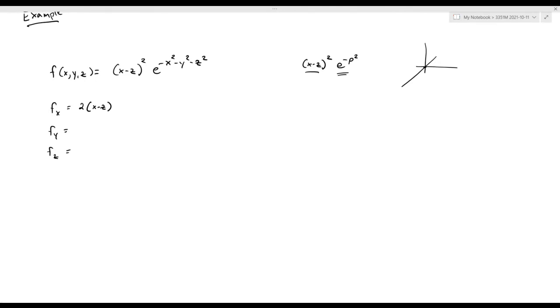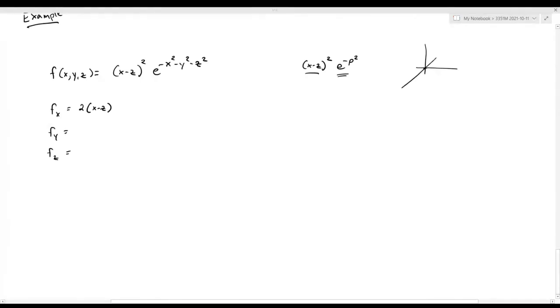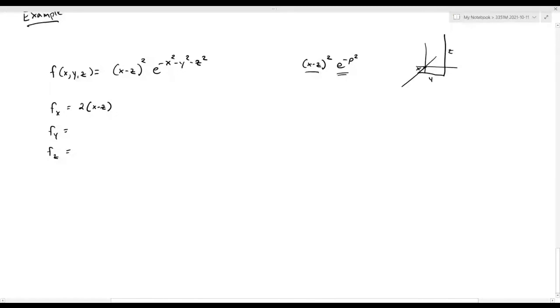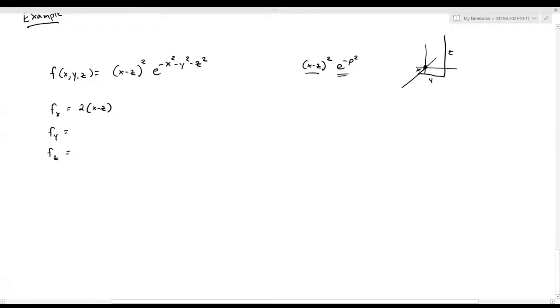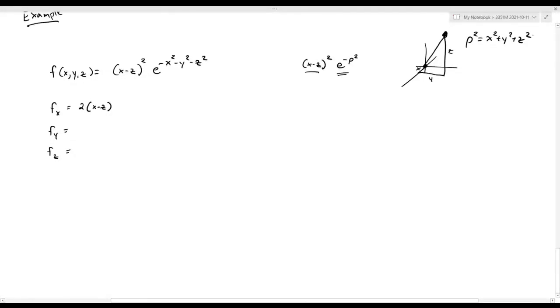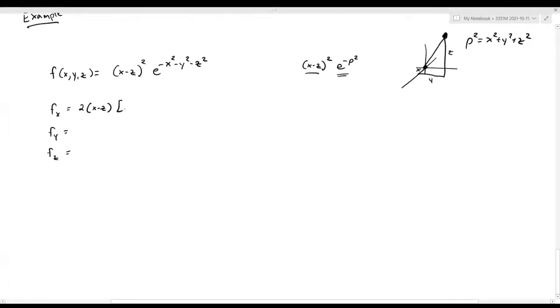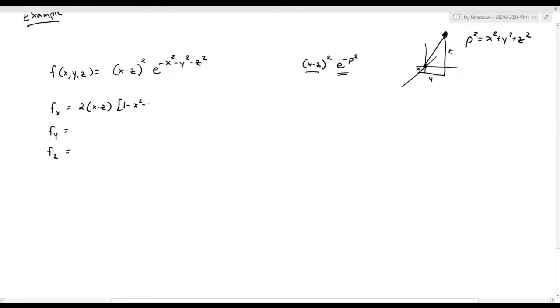Yeah, because if you make the negative sign separate, you can write e to the x squared plus y squared plus z squared to the negative 1. So e is going to be in the denominator. And then x minus z squared is going to be in the numerator. And then if you take L'Hopital's rule through infinity times, you will have e to the power left in the denominator. Oh yeah, okay. I'm not sure if that makes sense, but